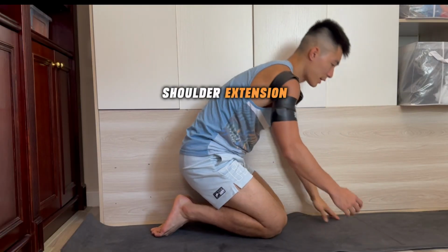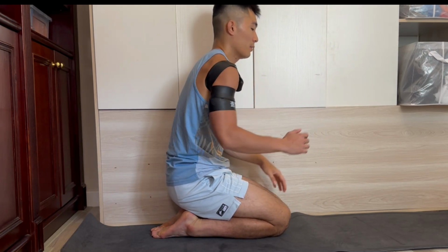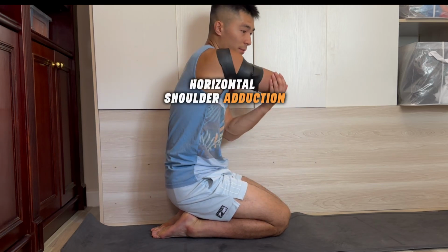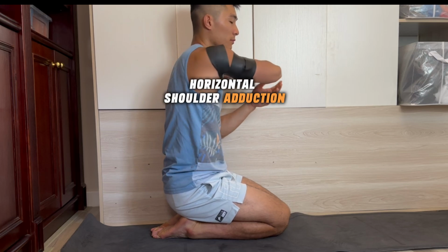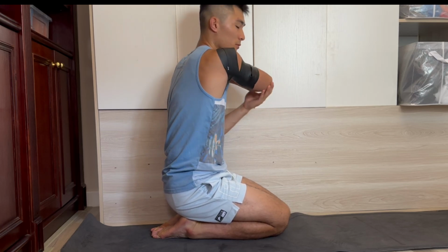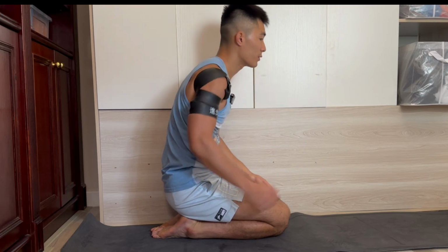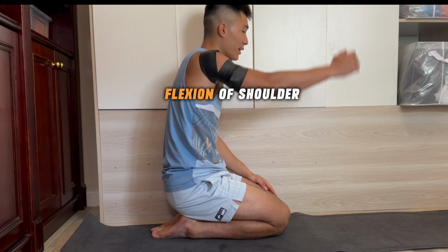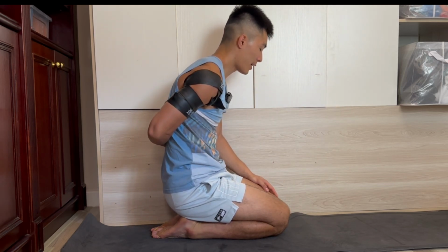And from here, you can do the same techniques. You can work on shoulder extension, where you're trying to drive the arm backwards. Then you can do some adduction, really trying to work on the shoulder. Abduction, trying to get the shoulder going. Of course, some flexion as well, if you like. Then you can work on shoulder IR